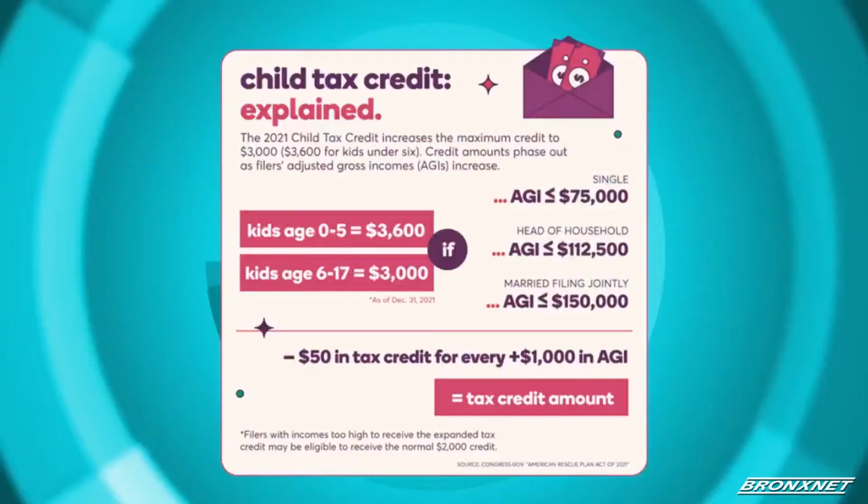Now, can we emphasize who qualifies for this credit just once again in case someone's tuning in? So anyone that received the child tax credit on their previous year tax return would qualify for this advanced child tax credit. Unfortunately, if you gave birth to a child during this year, then you didn't file with that child last year, so you wouldn't automatically get it because the IRS has no idea that you had this child. Another thing I wanted